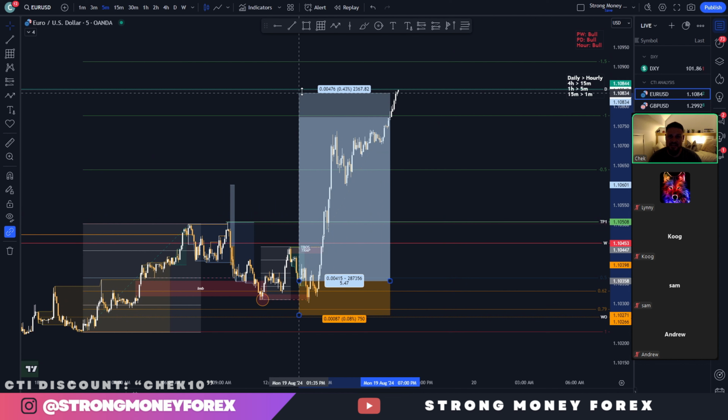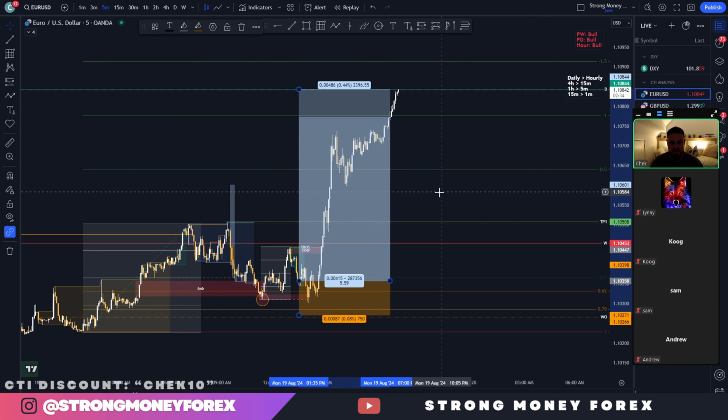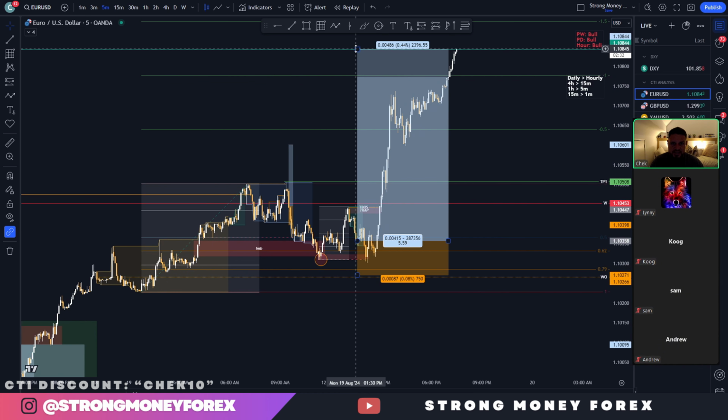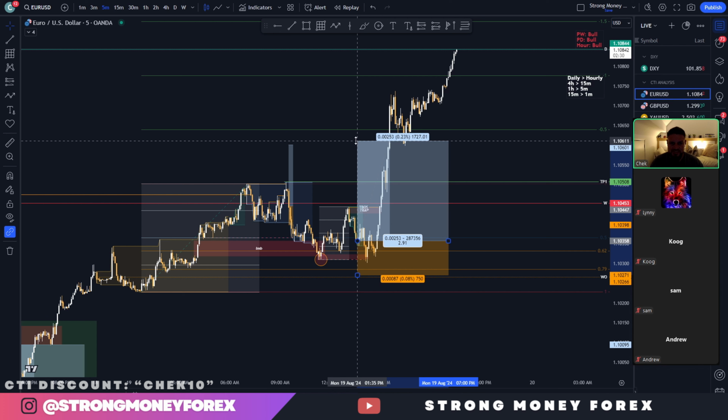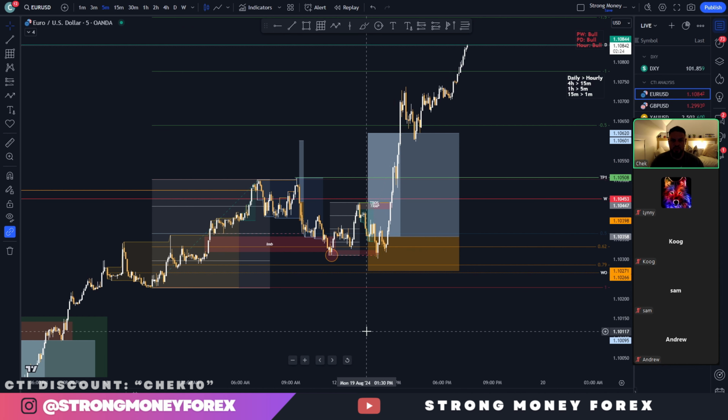If we'd held up to the daily liquidity, we'd have had a lovely 5-hour trade. I could be nearly 3% up by now. That would be a fantastic end to the day, and a fantastic start to the week. So waiting for all of these confluences to align is a really, really important skill to develop. Not forcing and rushing trades just because you've got to a liquidity area, because remember, everyone's trying to catch